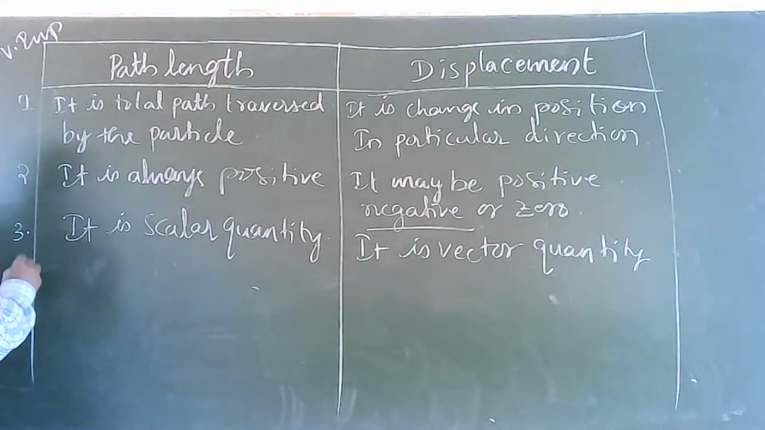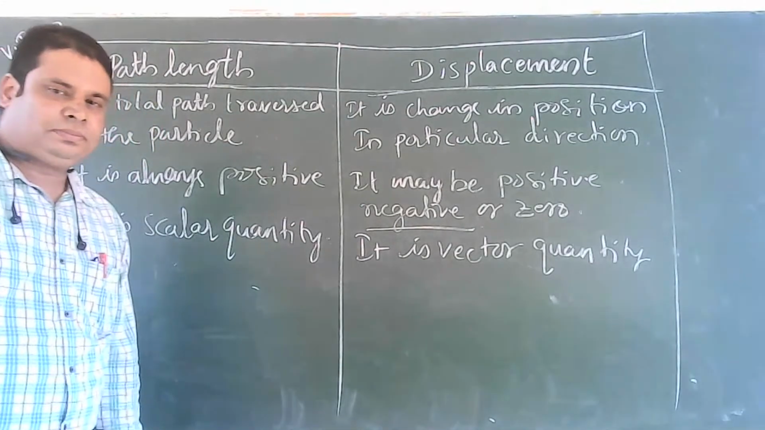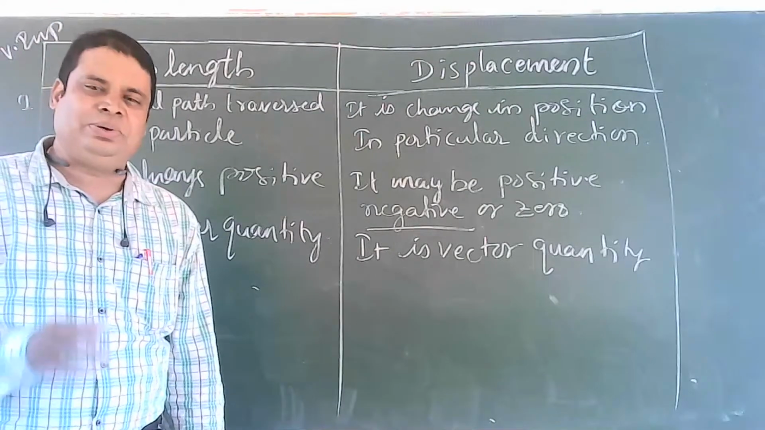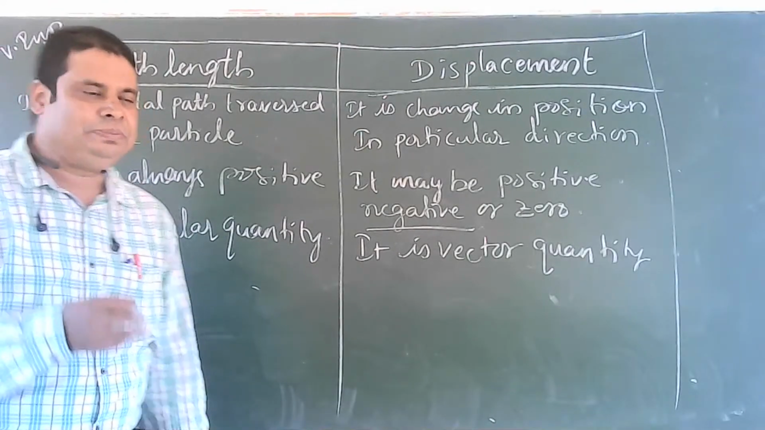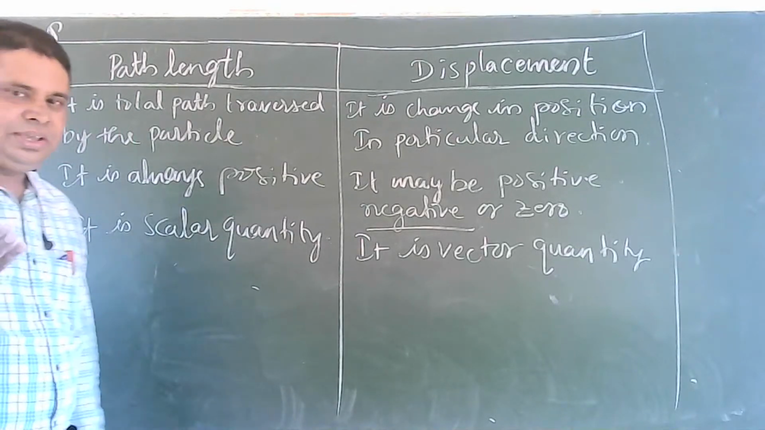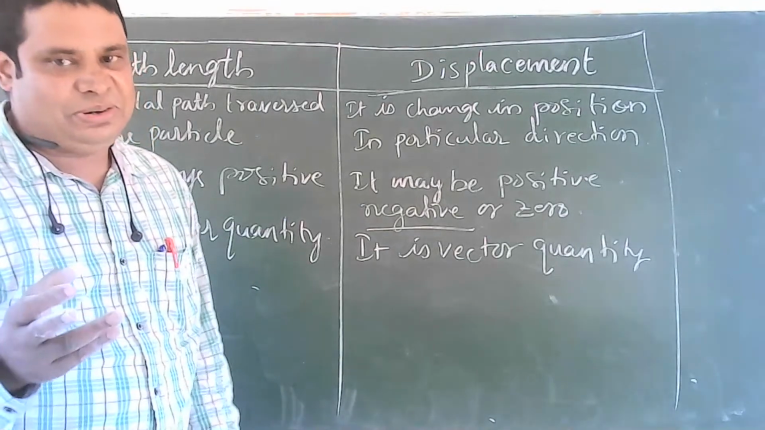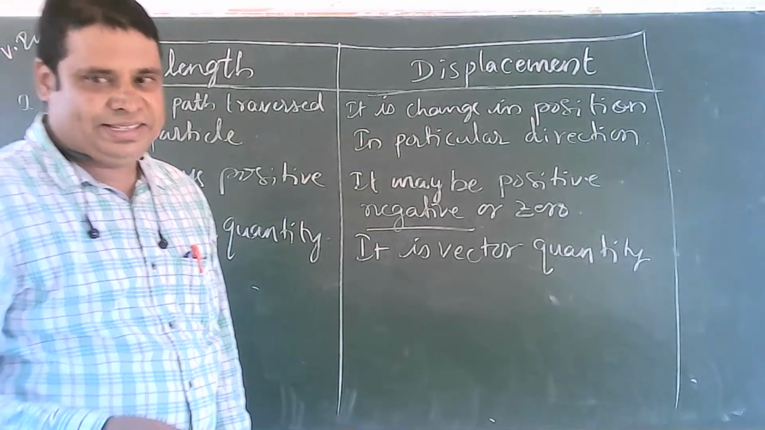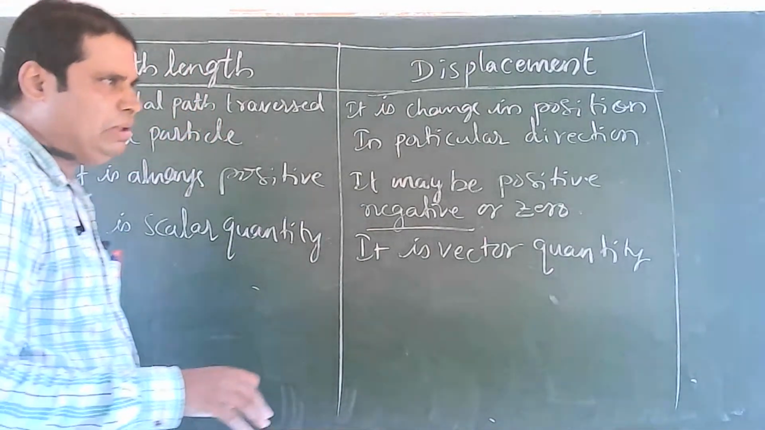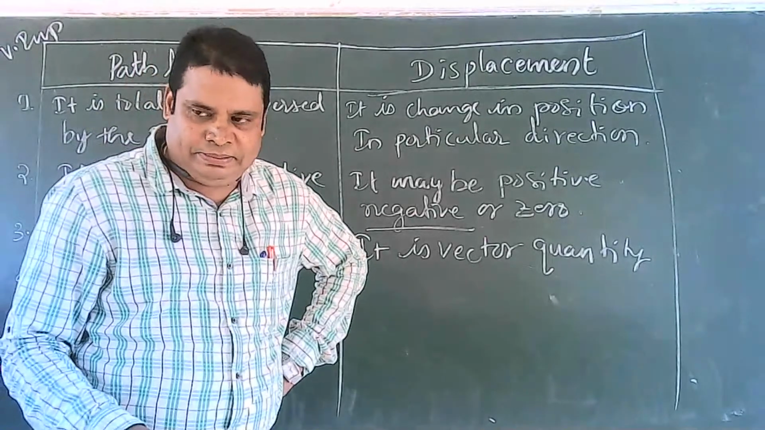Fourth one, you may write like: path length is always greater than or equal to your displacement. Your displacement is less than or equal to path length. Seems to be crazy, but if you want, then only you can write. There is fourth one, fifth one is also there. You can write fifth one also. Fifth one is like